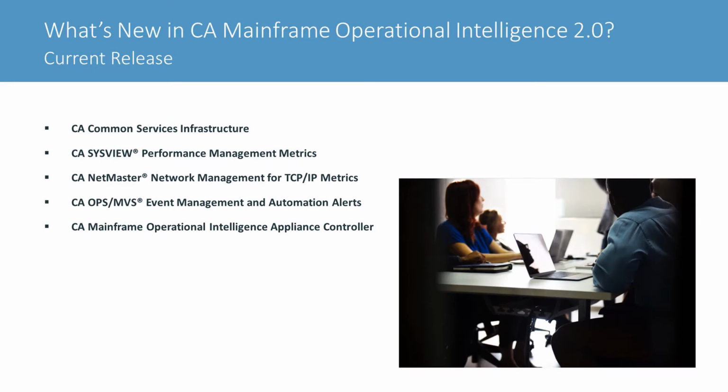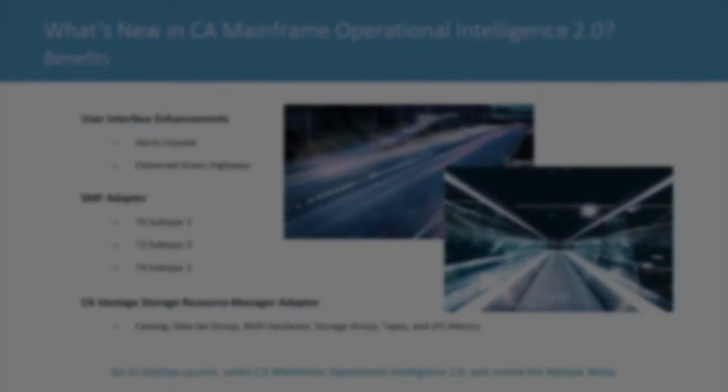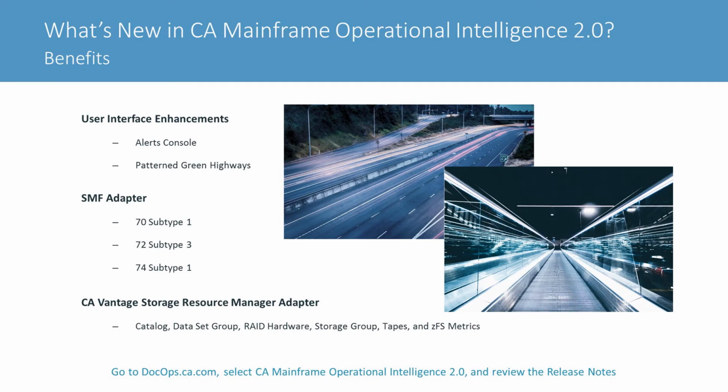As you know, the current release already provides a common services infrastructure and an appliance that lets you view CA Sysview and CA Netmaster metrics, and you can send alerts to CA Ops MVS Event Management and Automation. Now in CA Mainframe Operational Intelligence 2.0, this video will provide information about the following new features and why you